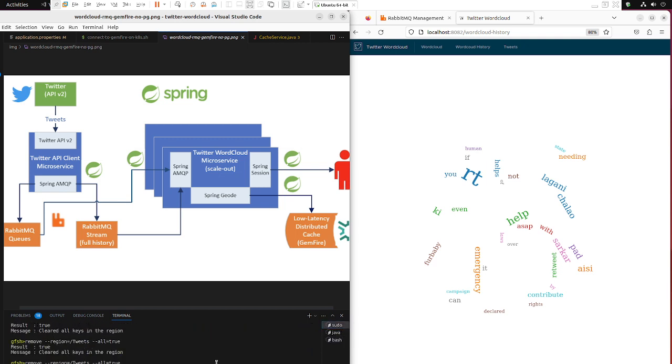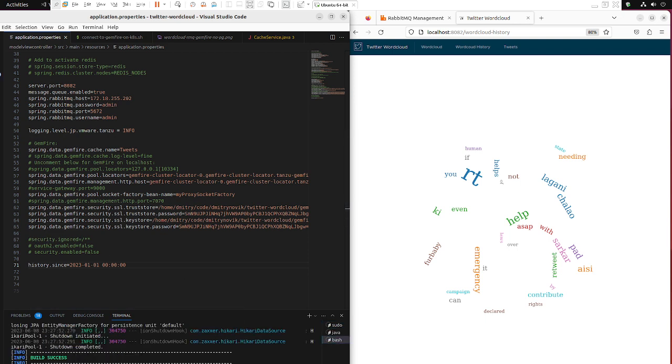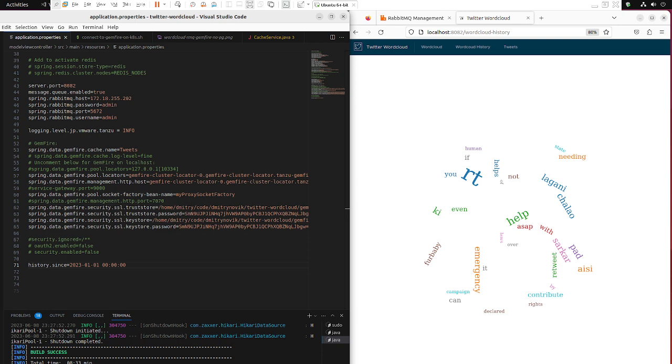We need to clear the cache, clear the Gemfire. We need to change our history offset to something, let's say the 1st of January, which is kind of our beginning of time. And we need to restart our Twitter Word Cloud microservice.